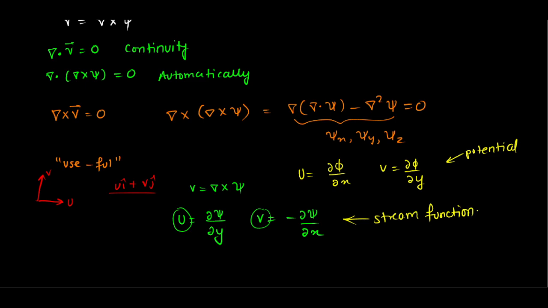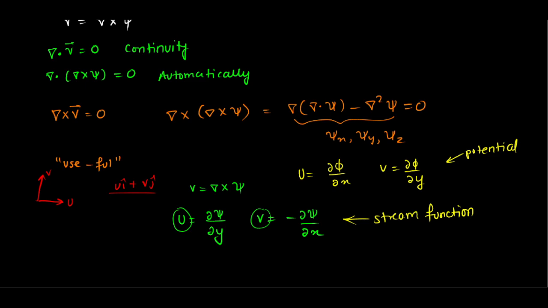So these are the two things which we have here. And you can do this, of course, in various coordinates. You can do it in cylindrical coordinates or spherical polar coordinates. We won't go into that, but that's just some mathematical manipulations and substitutions which you have to do in order to get the equation.